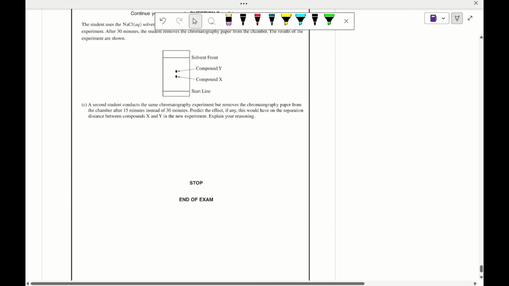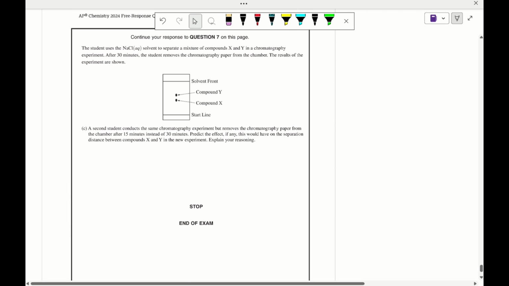And lastly, the student does this chromatography, and the paper, instead of moving for 30 minutes, they let it move for 15 minutes. And is the gap greater than, less than, or equal to? So the gap would be